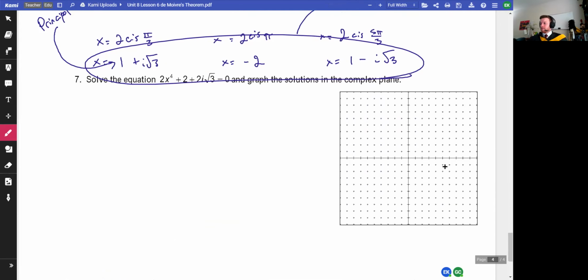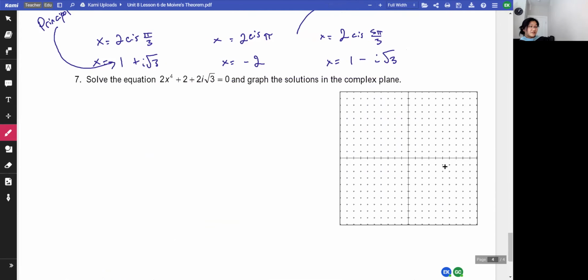All right, how do you feel about this last problem? Solve the equation and then graph the solutions. Okay. So we're not going to do the whole thing for the sake of time. But let's get it started so it becomes like the previous problems. What do you think we should do? Because now we're finding roots of equations. Well, we know how many we're looking for, right? What shape is it going to make in the complex plane? A square.